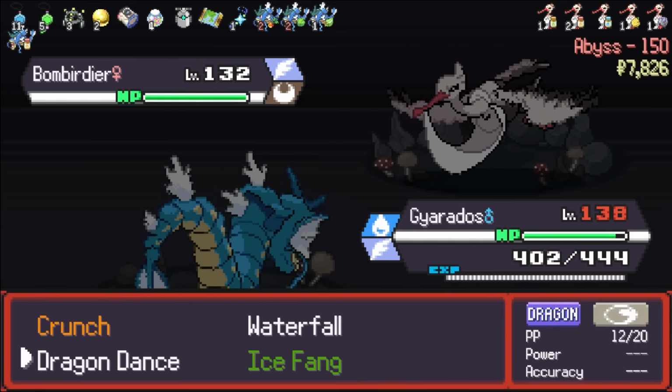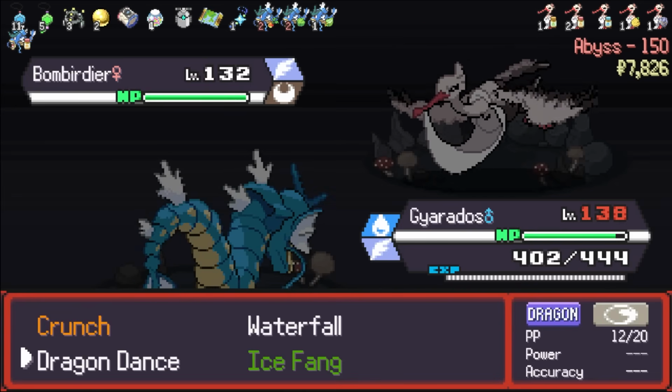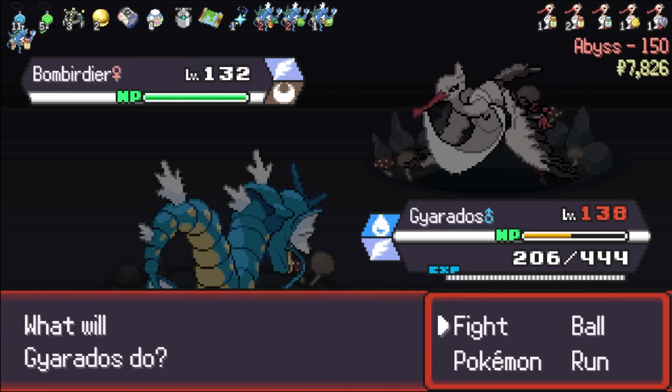and I won't have to worry about the fact that my team is all dead. Worst case, my team might be able to pull through anyways. Should be able to. Gyarados is already max level, so I don't really care if I lose him. So we'll go for the Dragon Dance, be a little risky. Alright, we didn't take too much from that. One more will kill us, but...